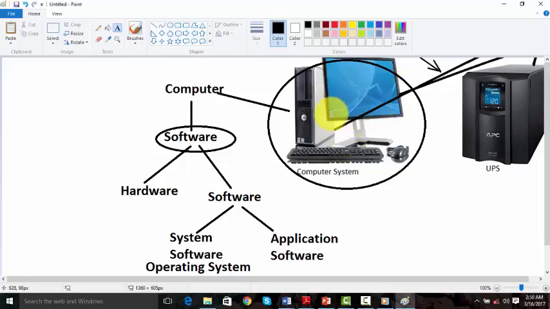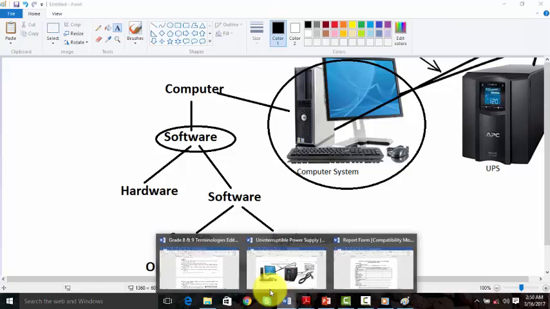Now, these instructions or programs, it is what we call software. Now, there are two types of software. We have what we call the system software, which is also called the operating system. Then we have also what we call application software, which will be discussed in detail in this lesson. Thank you very much, students. I hope you understand this part here. So we go this side.